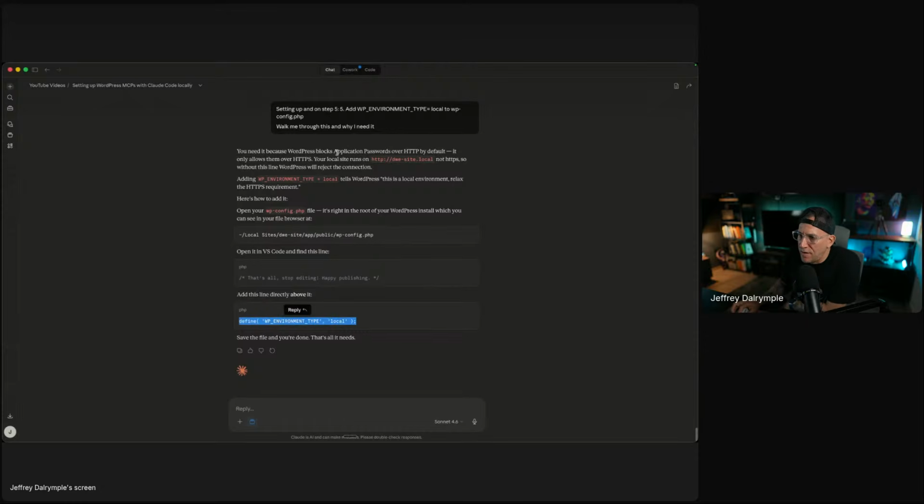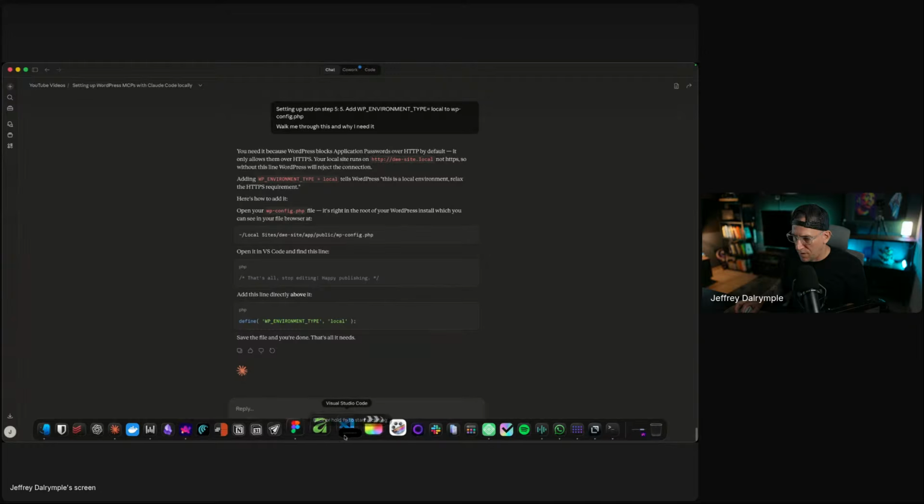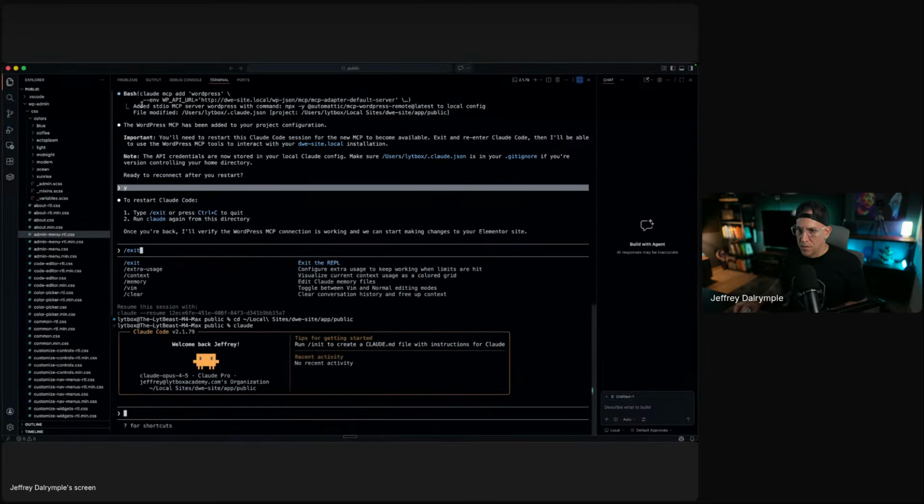Okay, all right, this is so we could work over HTTP instead of HTTPS, since this is, okay, since it's a local. So WP config. All right, let's go back here.